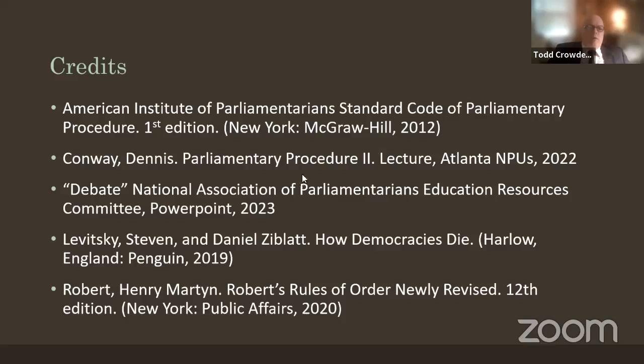Now, how you give notice: you could either ask the secretary to send out a mailed or emailed notice to everybody, or you could give verbal notice yourself at the preceding meeting. Like when the chair says, "Is there any new business?" you just stand up and say, "I'd like to give notice that at the next meeting I'm going to make this motion to amend the bylaws to do this," and then you state what your amendment will be. Then at the next meeting you would seek recognition and say, "I move the adoption of this bylaws amendment," and then you state your bylaws amendment, and then they have to consider it.